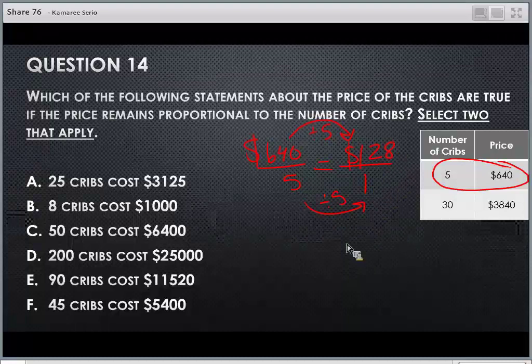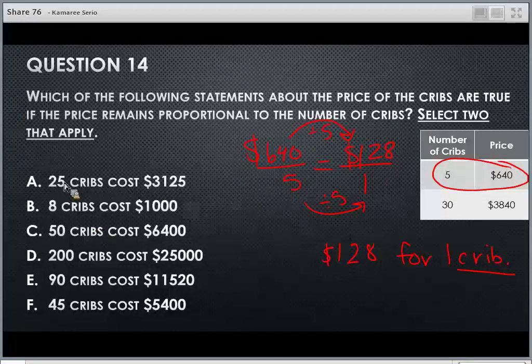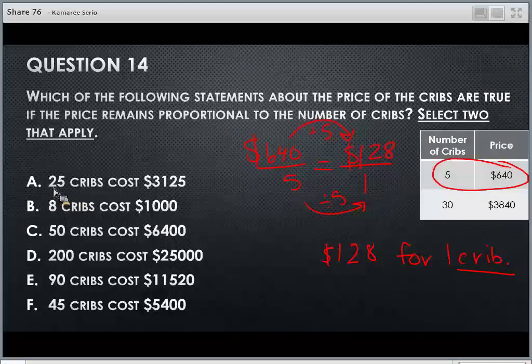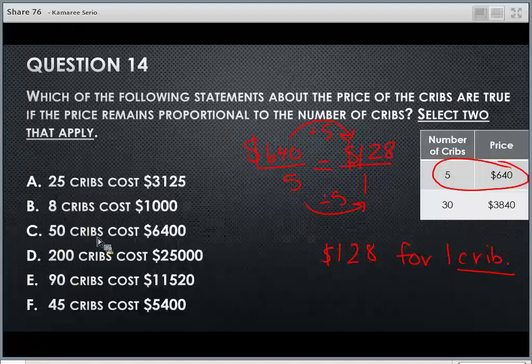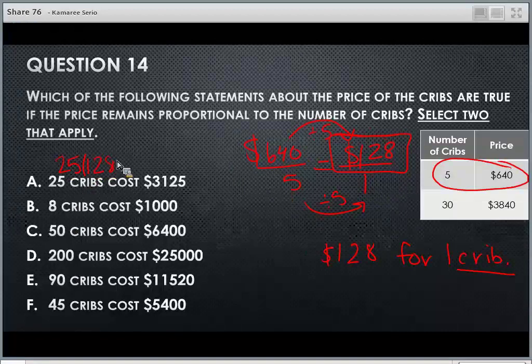Okay, so since it's $128 for every crib, for 1 crib, if I buy 25 cribs, I'm paying $128 25 times. So what you're going to do for all of these is take your unit rate price, this $128 or whatever price you find on your exam, and multiply it by the number of cribs that this person is buying. If someone is buying 25 cribs and each of them cost $128, you're just going to multiply it. So 25 times 128, I get